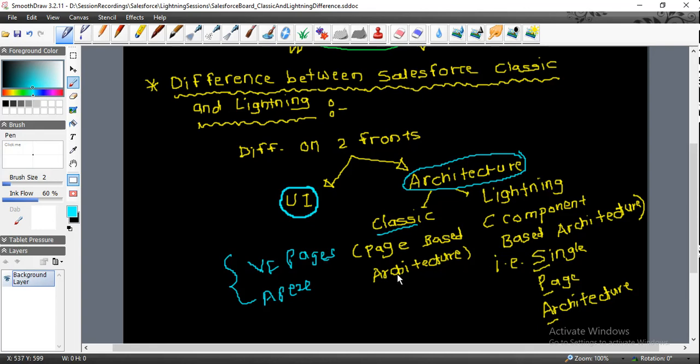Now, performance wise, page based architecture is slow. If only a certain part of the page changed, the whole page gets reloaded, which makes it slow.